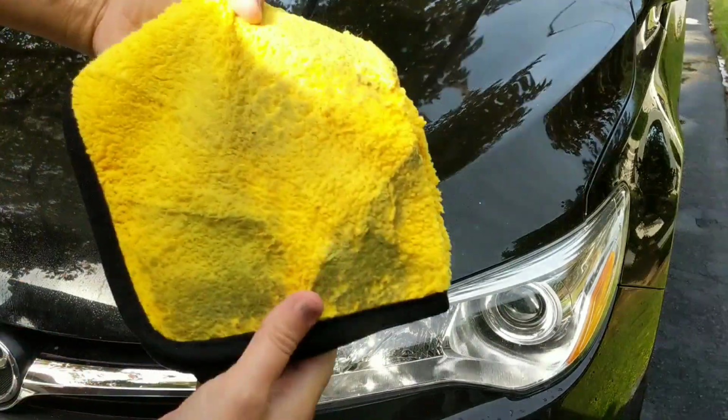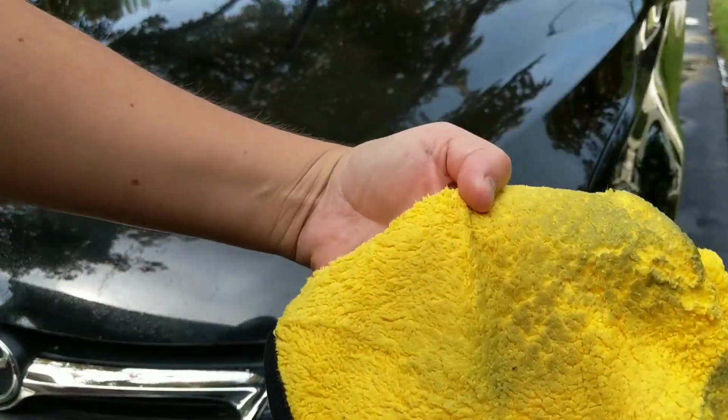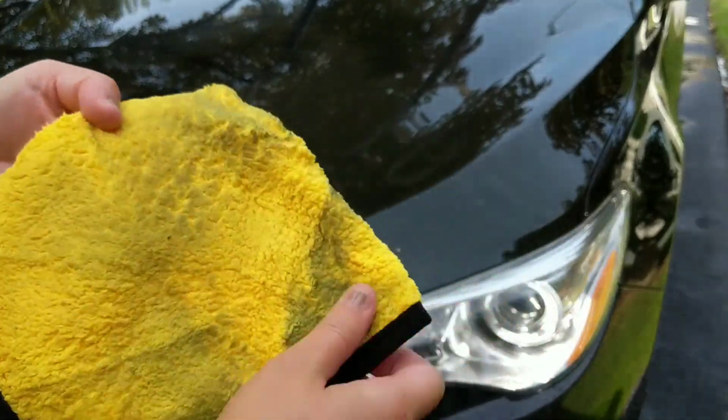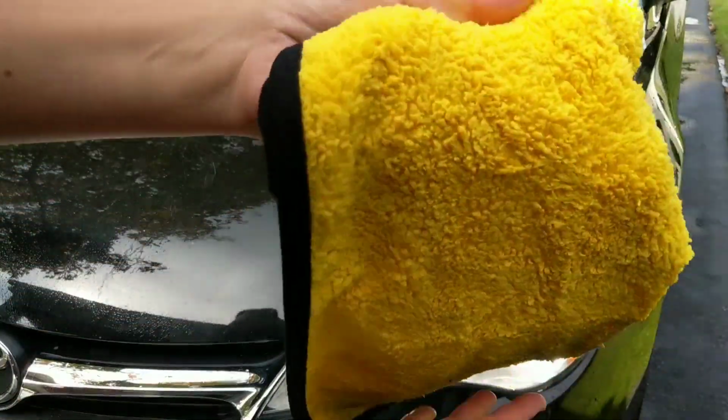So you can see we're already pulling that overspray off because it's black. This is not single stage paint. That is that chemical coming off. The Rage loosened it. So now, since we have this side soiled, we are going to flip our microfiber